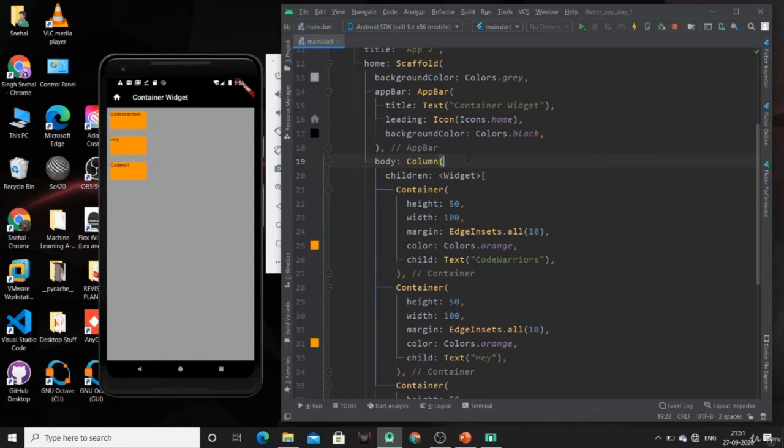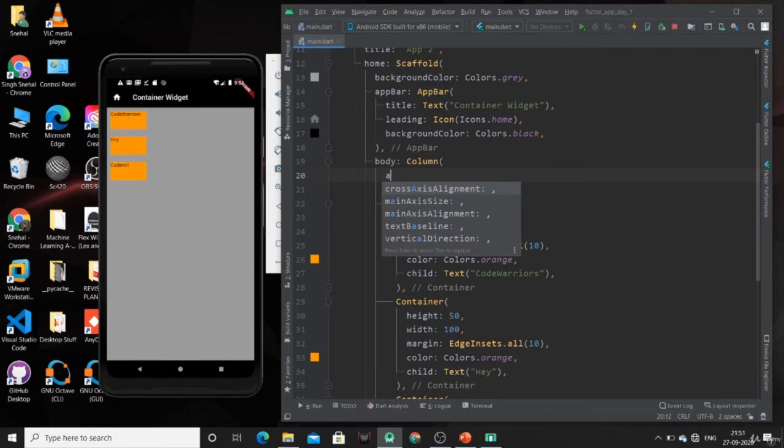Now we have several properties, like we can specify the main axis alignment. Main axis alignment for a column is vertical and cross axis alignment for a column is horizontal direction.